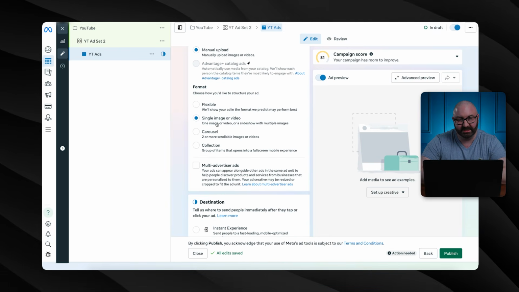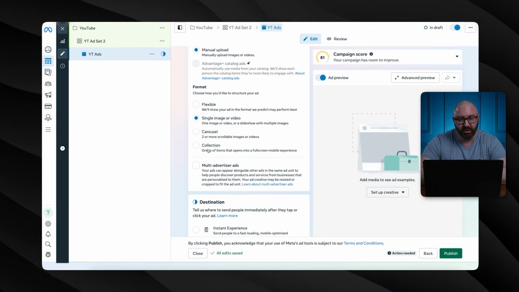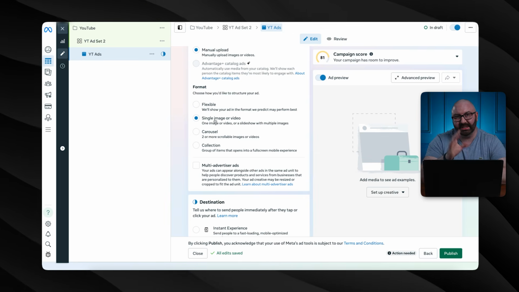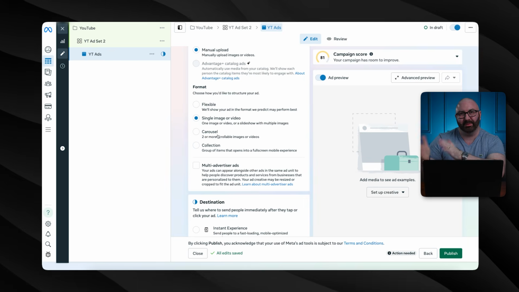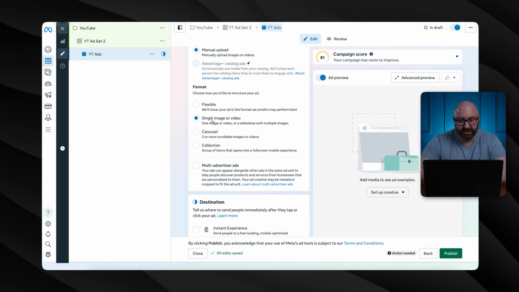You have flexible, single image or video, carousel, or collection. In this case, we're going to do a single image, but if you have a collection, you can definitely do that, or a carousel where it's showing multiple products as they scroll through. Once you click on that,